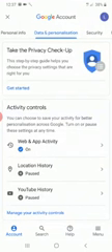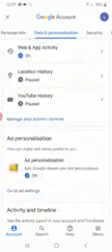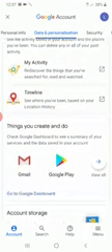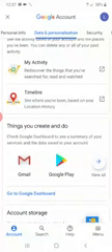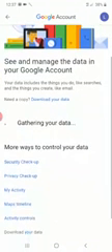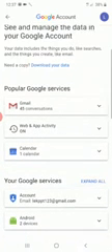It will give all your activities. In that, you can select things you created. Whatever things you created using your Google account will come here. That is your Gmail, your Google Play, all your Gmail activities will come here. It's gathering data. It will take a while.